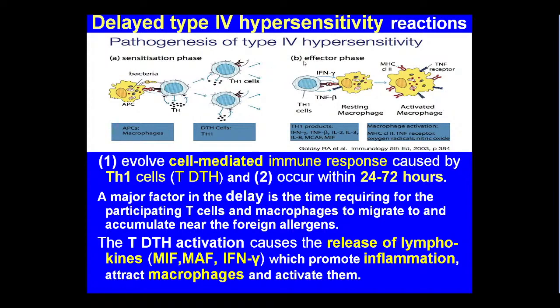After that, repeated inoculation of antigen is present, and the effector phase of the hypersensitivity happens due to this. What is happening? Th1 cells again recognize allergen presented by the antigen presenting cell. But the result is the release of high amounts of interleukin 2, pay attention, interferon gamma, tumor necrosis factor beta. Interferon gamma, other cytokines,